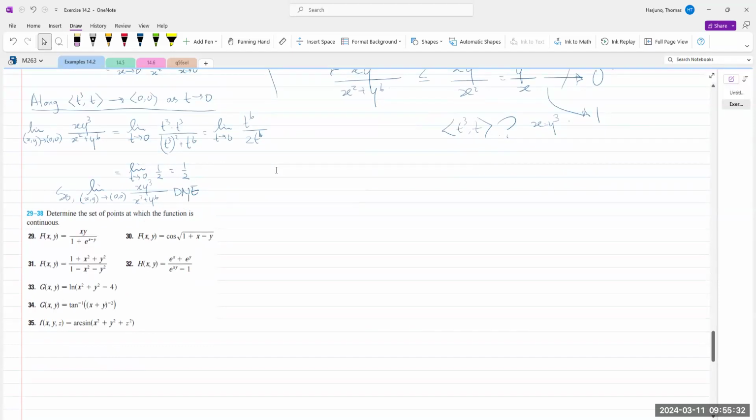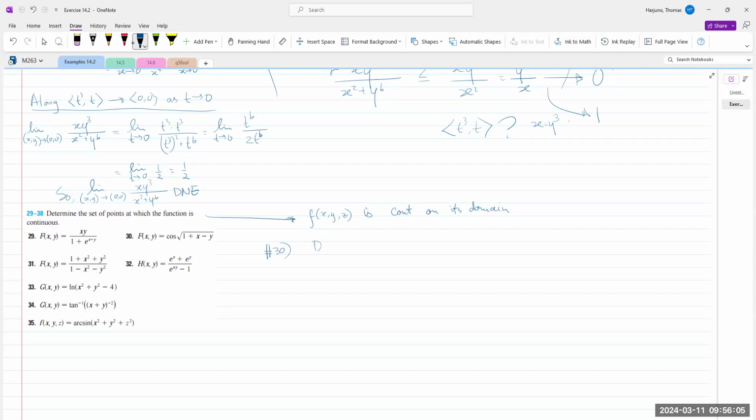Okay. Number 29 to 38, determine the set of points at which the function is continuous. The hint is that a function f of x, y, or including z, is continuous on its domain. We actually learned that in Calc 1. Okay, so number 30, for example,